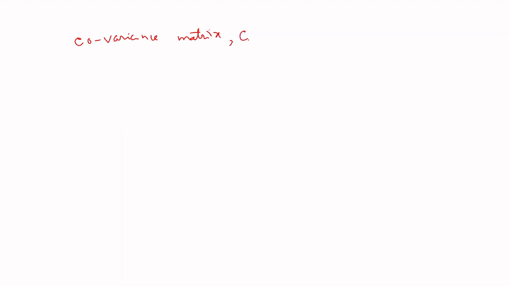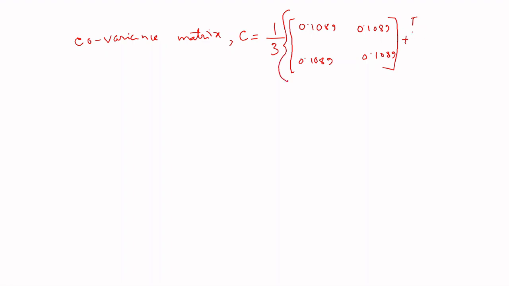which is denoted by C, suppose. So it will be 1 by n, and n equal to 3 here, and all the matrices that I have calculated in the first attempt. For the first sample it was 0.1089, 0.1089, 0.1089, 0.1089. This is the first matrix, and I will be taking the average of all these, plus for the second data sample,